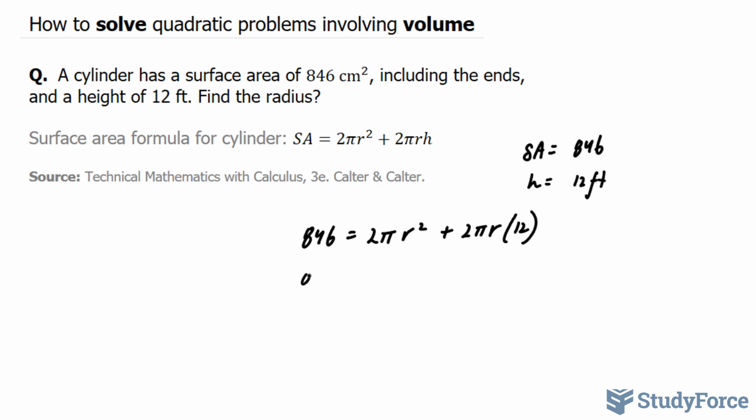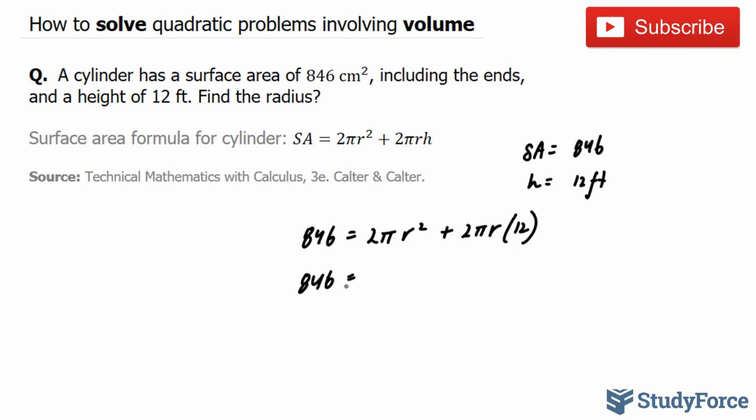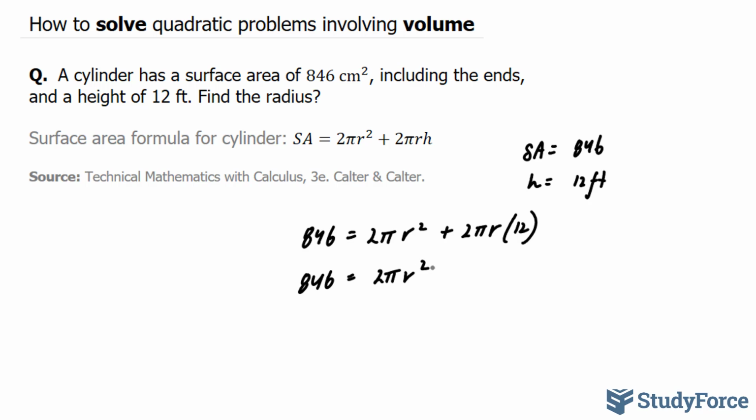So we have 846 is equal to, feel free to multiply 2 pi together, although it's best to keep it as 2 pi because it's far more accurate, plus 24 pi r. Notice that I multiplied the 12 and the 2. This step is optional. What matters is the next step, where we will bring all of our terms to one